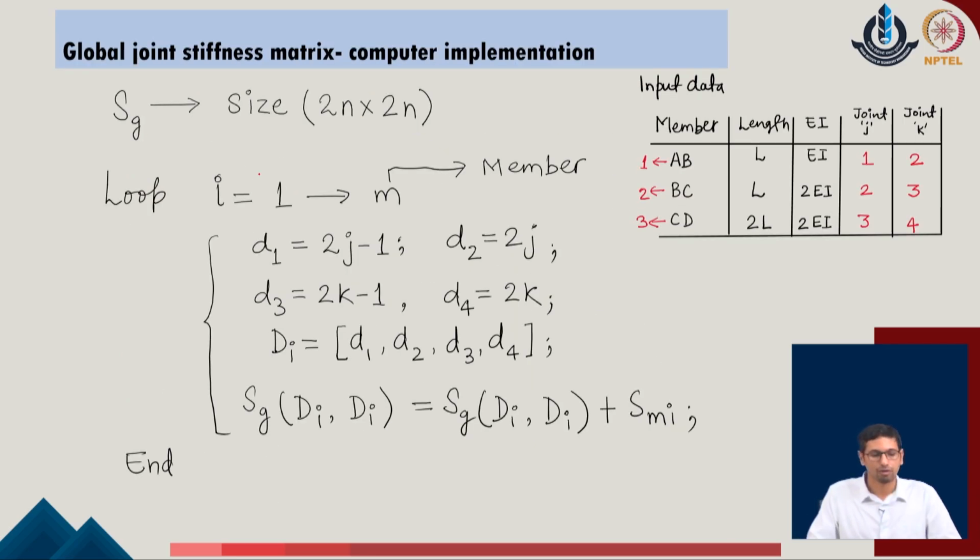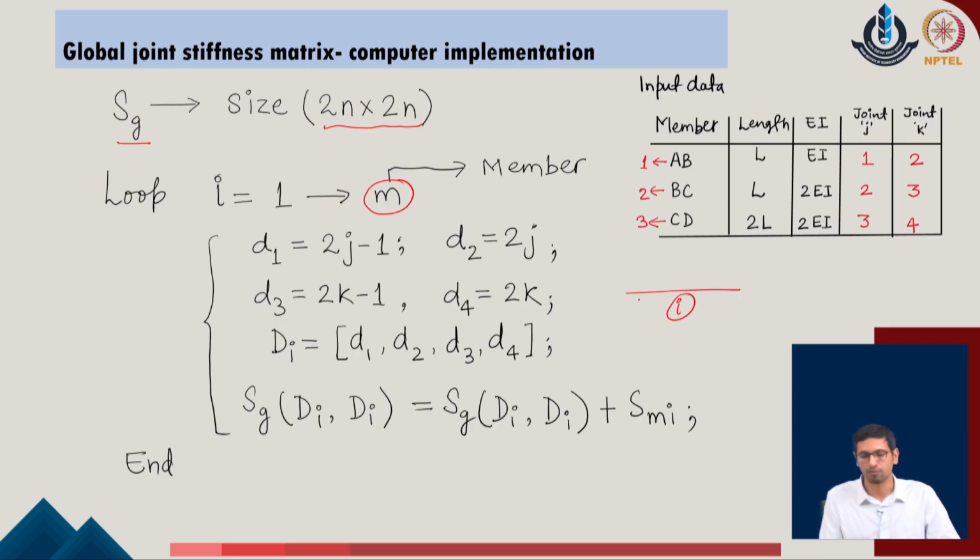So, we say that for a global system, if we have n number of joints, the overall size of the stiffness matrix which we are trying to assemble will be 2n cross 2n. The number of members in the system, I can say, is m. So, I will run a loop which will go for each member from member 1 to m in the given system, and corresponding to any member, we realize that